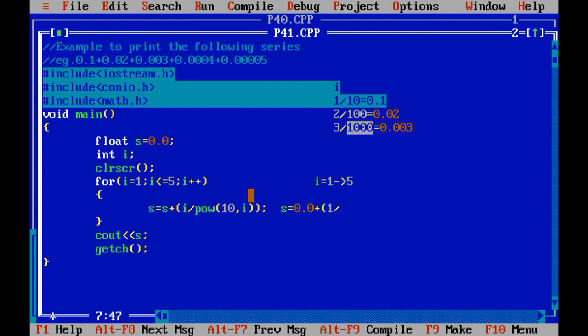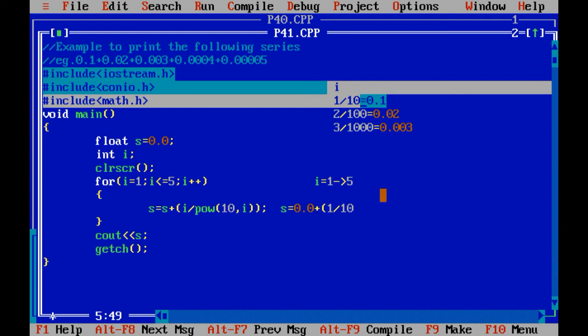That's why I have used 10 raised to i. Why i? Because for the first time I need to have 1 zero, for the second time I need to have 2 zeros, and so on. So in this way, 1 divided by this will return 10 obviously, and that is our requirement only.